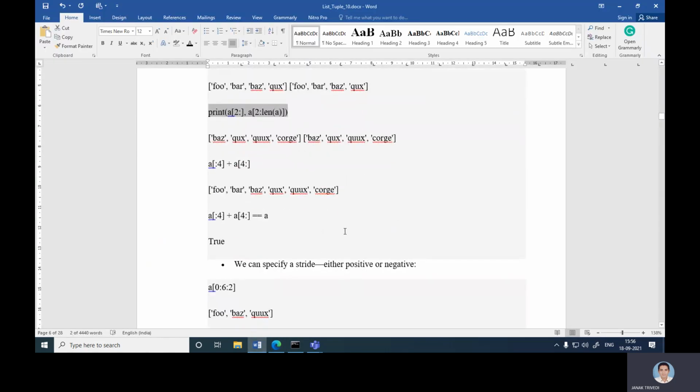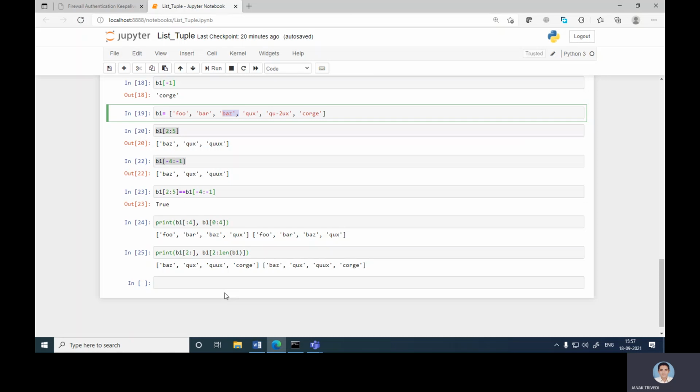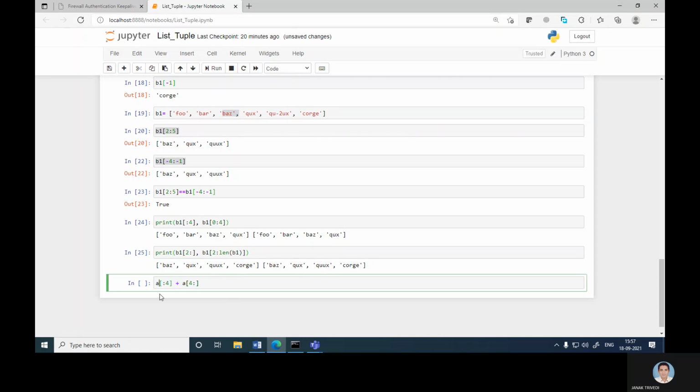Then you can also add them this way: b1 up to fourth, plus fourth to the end. So in this case, what happened?